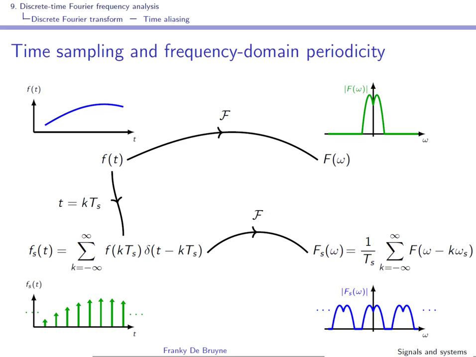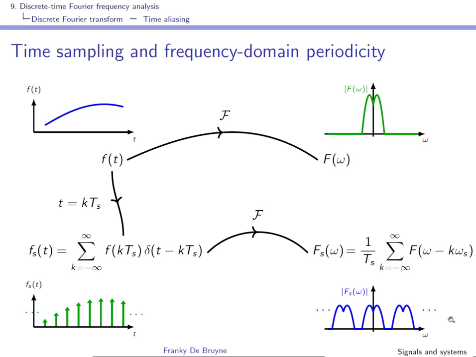And if you take the Fourier transform of this sampled signal, you can see here that the spectrum becomes periodic. And if Ts meets the Nyquist condition, there will be no overlaps in the motifs that you see here in blue. If the Nyquist condition is not met, the motifs will overlap, and this is called frequency aliasing or